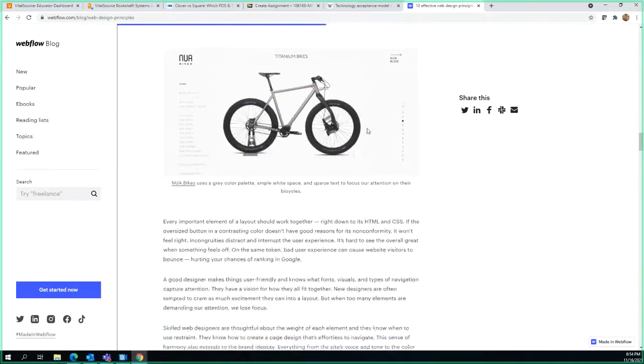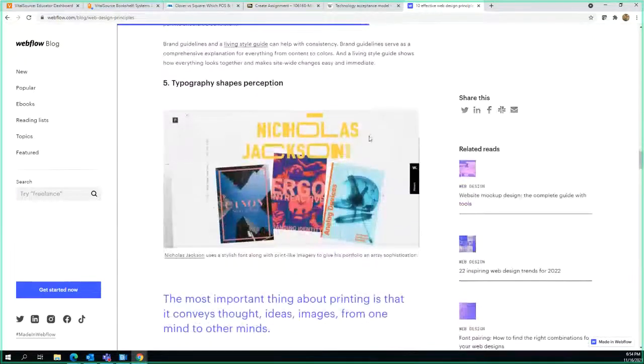This website here is another one that gives you ideas, but they actually show you images as examples. So that's always good. The one thing I will tell you with web design is that it's going to give you a lot more artistic freedom if it's an informational website as opposed to a web application.